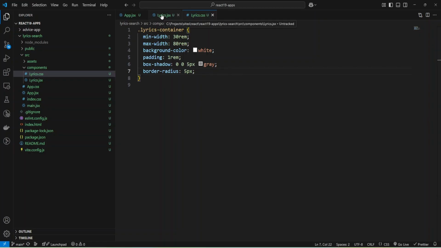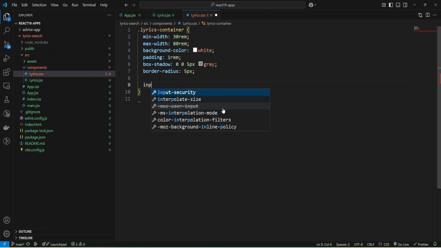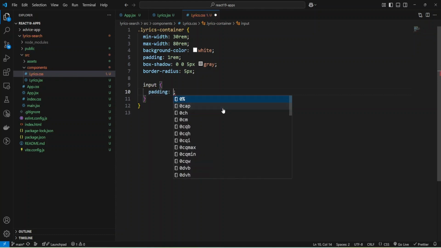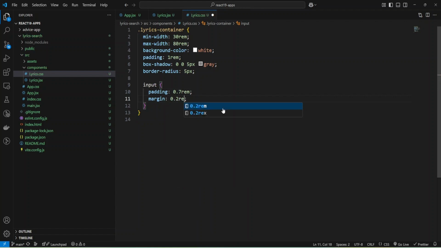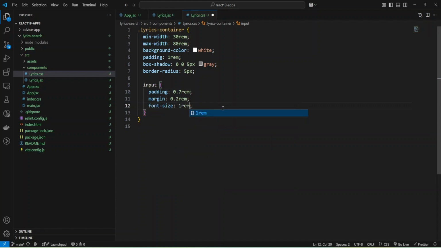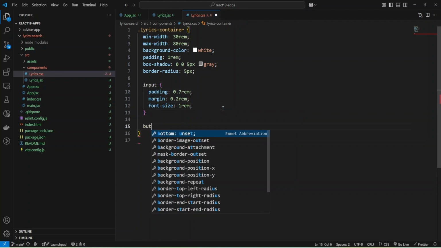And now I can provide styles for input, and I'll use nesting and provide styles for input, and input will have padding 0.7rem for all sides, and also let's add some small margin 0.2rem, and also make the font size 1rem. And now I'm going to provide styles for button.